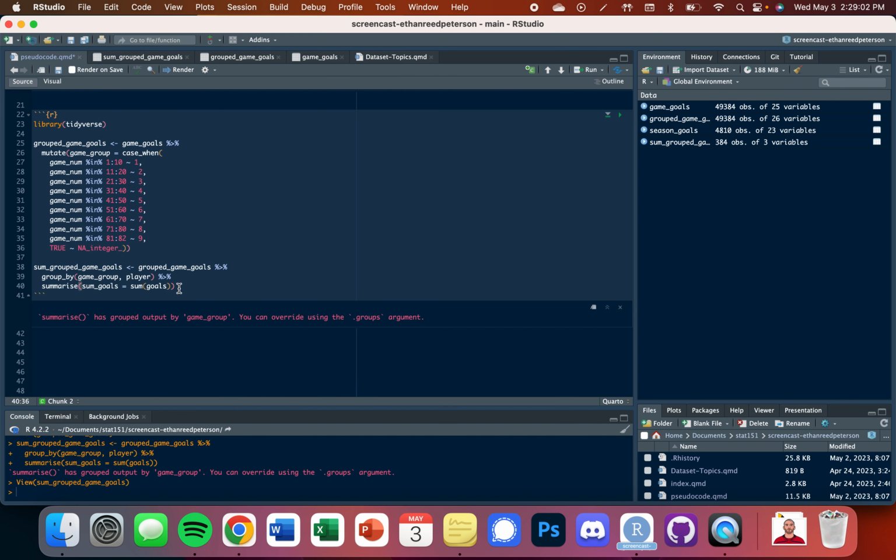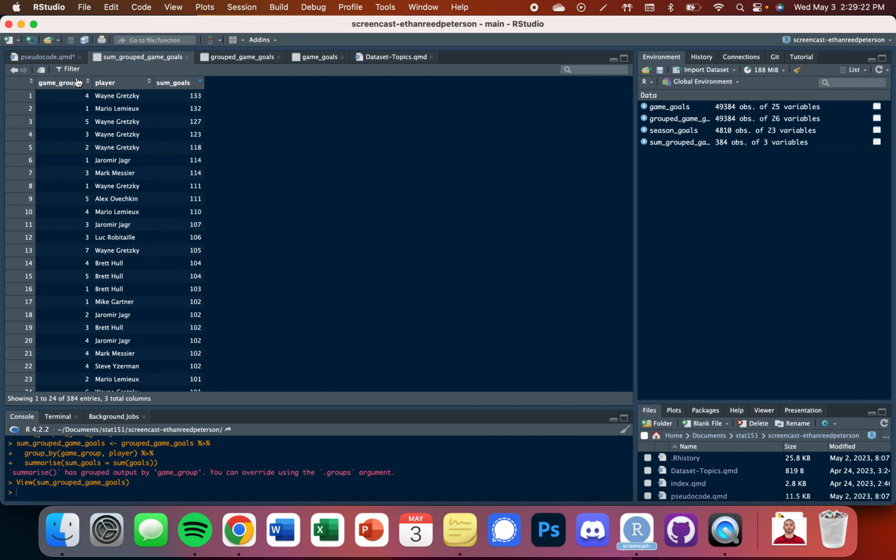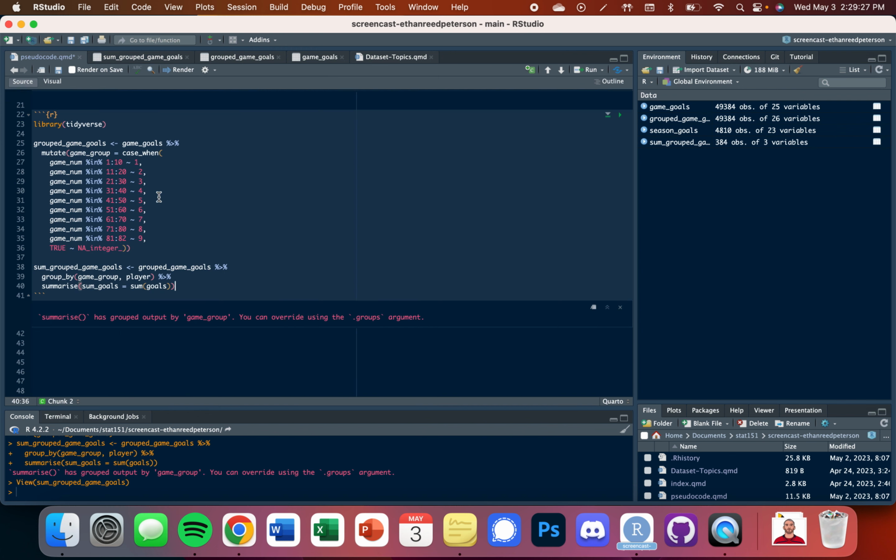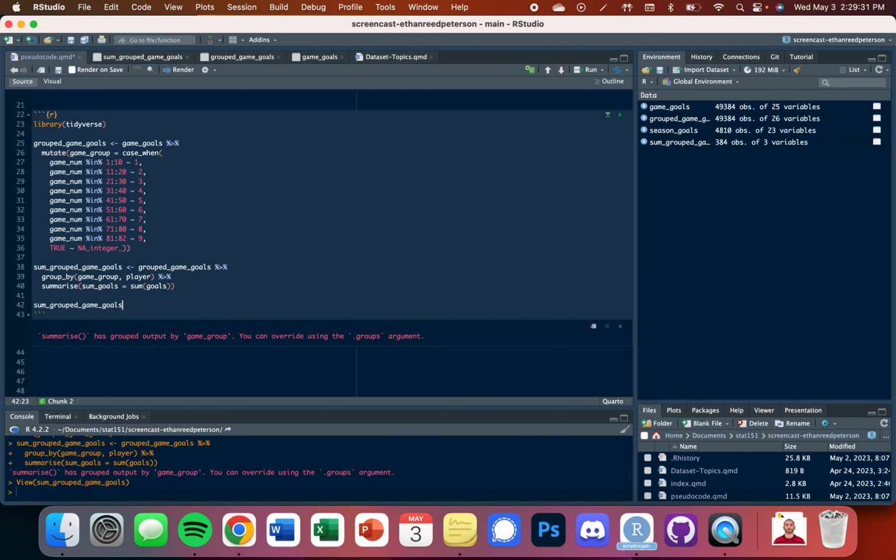So that is that. The next thing I want to do is group the sum grouped game goals data set by game group, and then calculate the sum of the sum goals that we just created for each group. That's basically going to take every single player that is in group 1, take all of those and add them up, and then every player in group 2, and every player in group 3, so on and so forth. So this will be sum grouped goals, and I'll just call this one final, using the sum